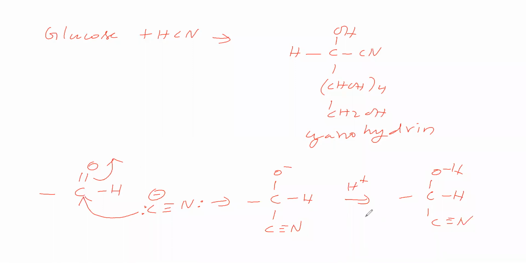Therefore this reaction is called an addition reaction. Here the CN minus is donating a lone pair to this carbon, so it is called a nucleophile. So this reaction is called nucleophilic addition. So an aldehyde undergoes nucleophilic addition with HCN. Glucose also reacts with HCN to give cyanohydrin. In glucose an aldehyde group is there like this. Therefore this reaction says that glucose contains a free aldehyde group.